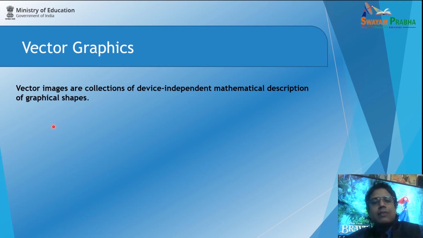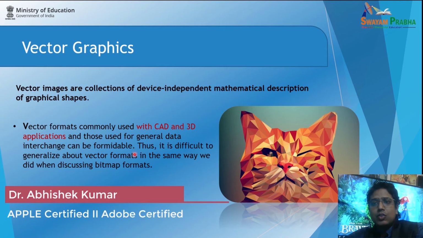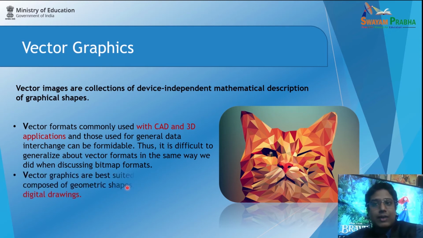So whenever you are working on logo designing commonly, because we don't know, for example, whether a logo is going to be printed at a small size or on a big hoarding. For such a requirement, we should use vector graphics, right? So vector graphics formats are commonly used in CAD applications and 3D applications, right? That data may be required at a very big size to render, or a small size, because they never get pixelated. This is also an advantage of vector graphics, right?